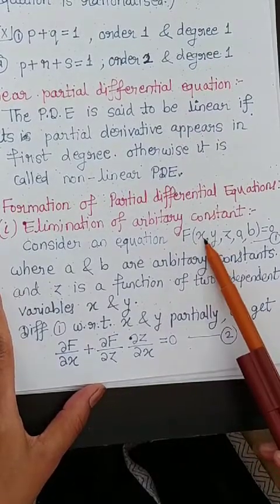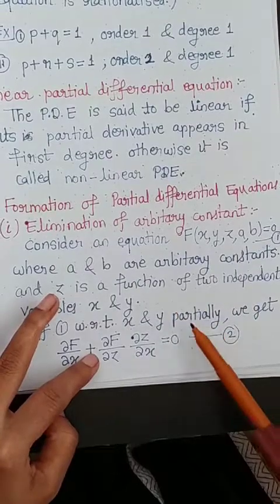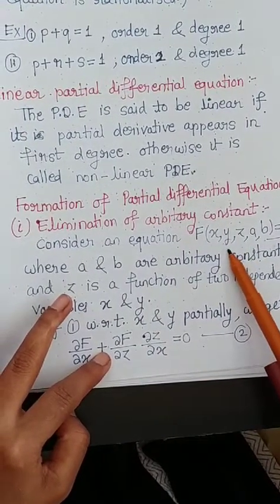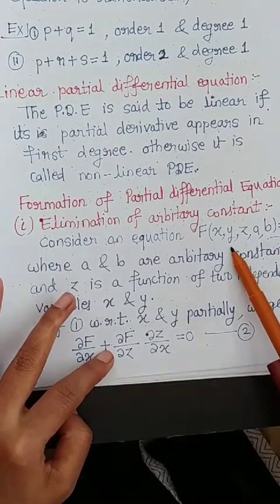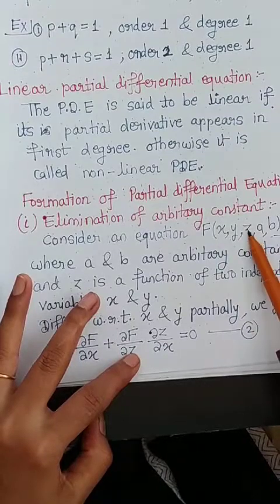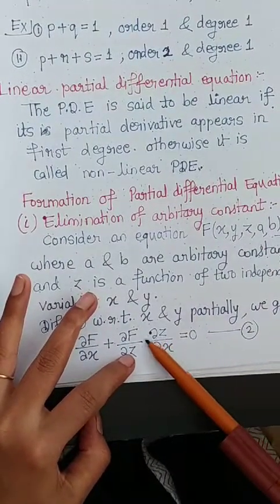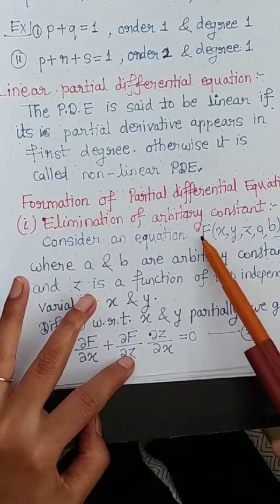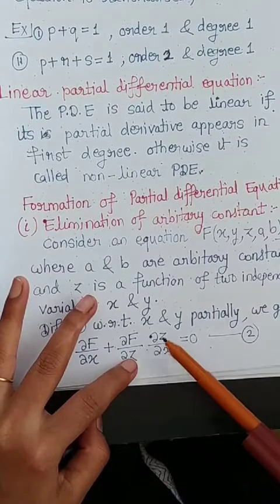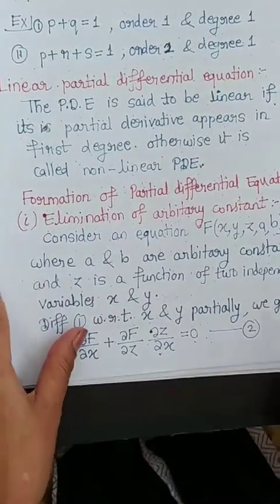Now, differentiation with respect to x. So, it is del f by del x plus partial differentiation. Obviously, the derivative of y with respect to x will be 0. Then the derivative of f: z is a function of x and y, right? So here we have this type of derivative, that is, the derivative of f first with respect to z, and then z is a function of x. So, del z by del x is equal to 0.